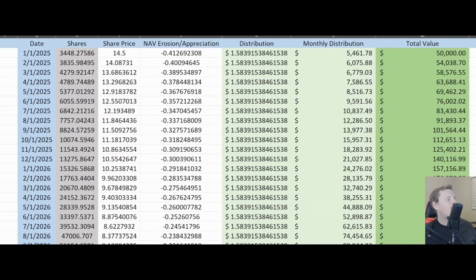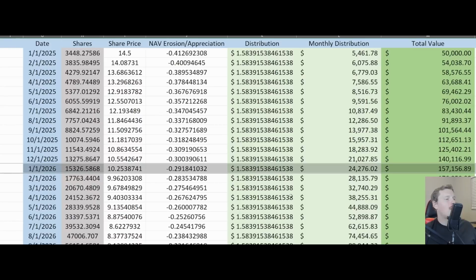All right, so after 1 year of investing into CONY, if you were to reinvest, if you're not ready for retirement and you're not ready to pull that money out, theoretically, after 1 year, your account's going to be $157,156.89. I don't know how accurate that's actually going to be, because the more the fund deteriorates in value,